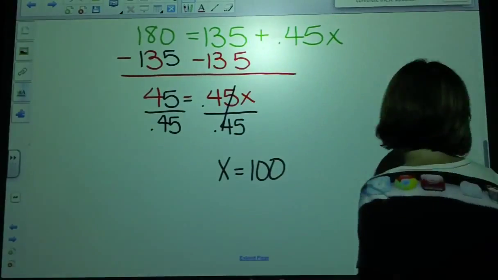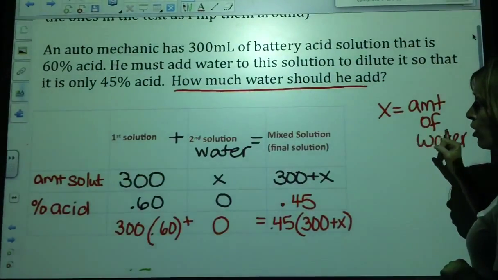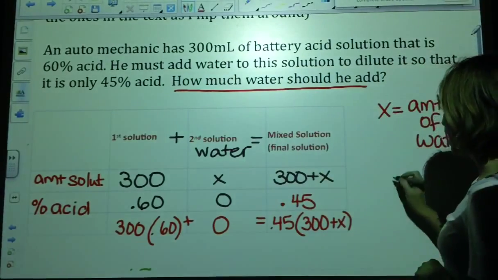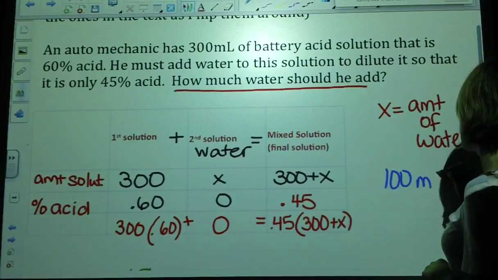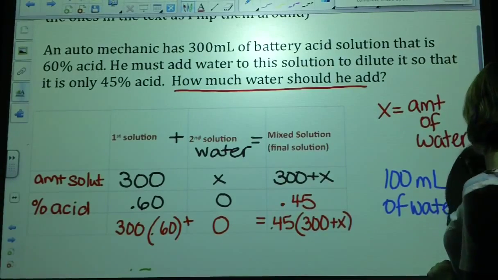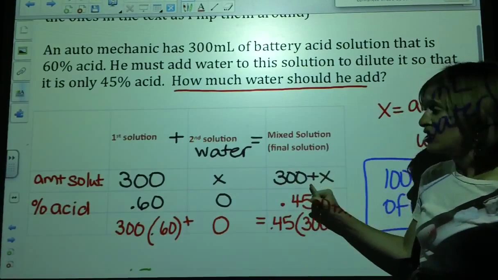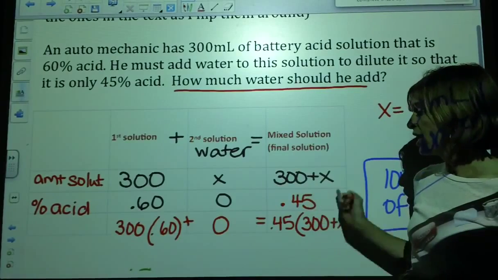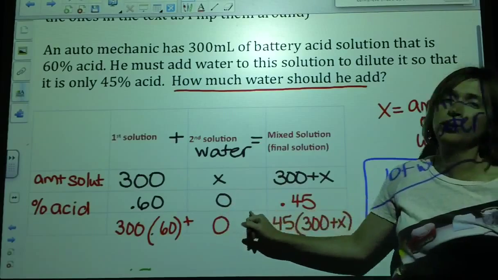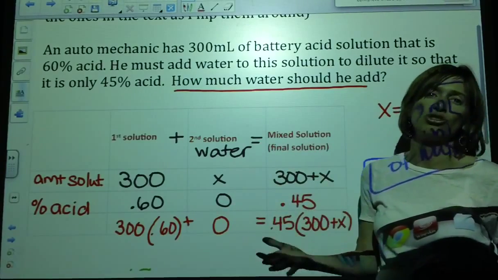Okay, so we go back to our original equation, okay? And x was the amount of water we should add. The question is in milliliters, so we're going to add 100 milliliters of water, okay? And that's going to actually give me a solution that is 400 milliliters of 45% acid. So what did we do, guys? We just diluted it. We added some water to the mix to dilute the acid so it wasn't so strong,